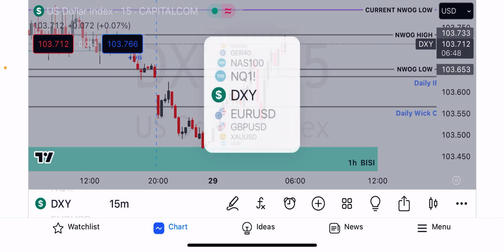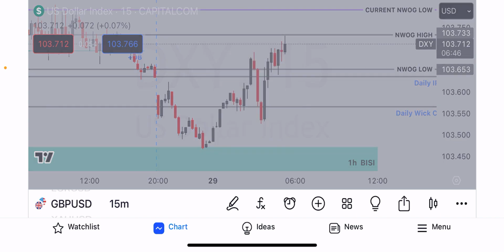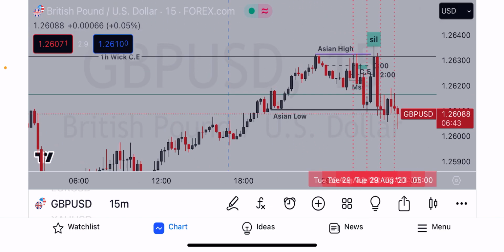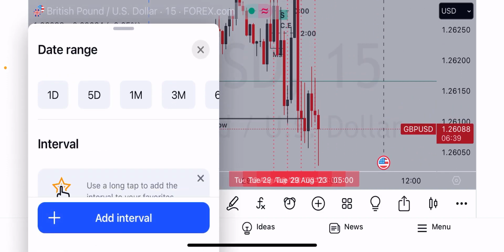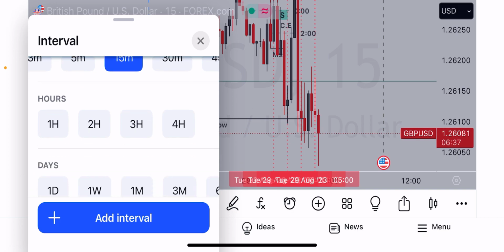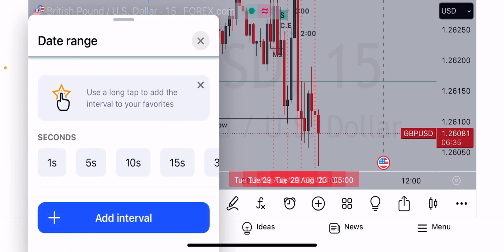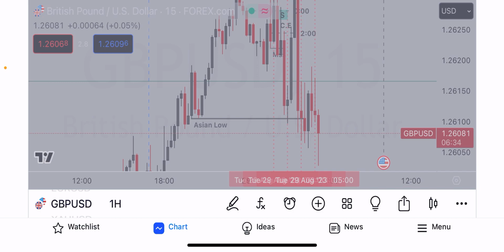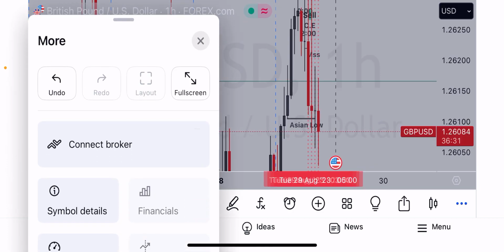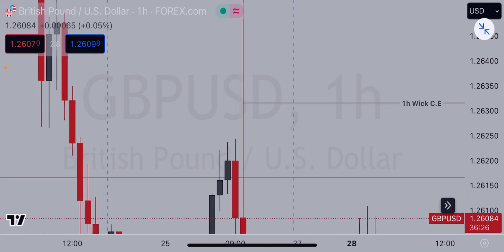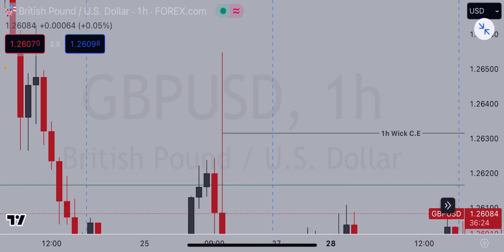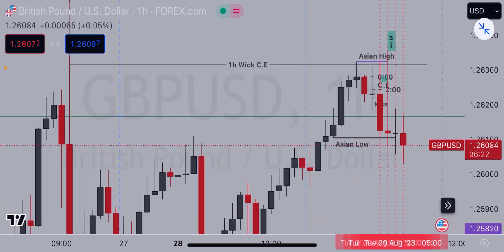Let's go to GU and see the structure on GU. So this is my analysis on GU. I'm gonna go to the 5-minute chart. So on 1 hour, let's start on 1 hour because we had something on 1 hour. On 1 hour I had this weak CE, right? The center, the midpoint of this rejection wick, after taking out